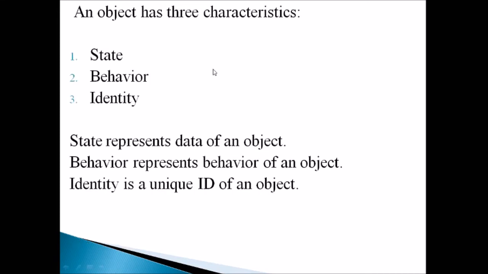And these objects have three characteristics. The characteristics are state, behavior, identity. Okay, first one, state. State is nothing but, if we say a chair, then chair is the state. It represents the data. Okay, why do we use chairs? Just to sit, isn't it? So it is called the behavior of the object chair. And then the third one is identity. If we say chair, what comes to your mind? It may have four legs, isn't it? That may be the identity for an object chair. If we consider an object, it will have these three characteristics.